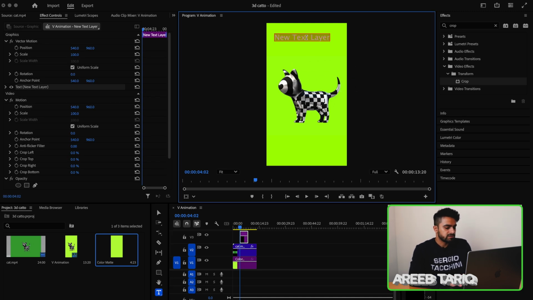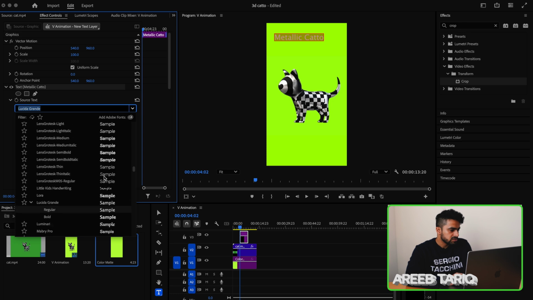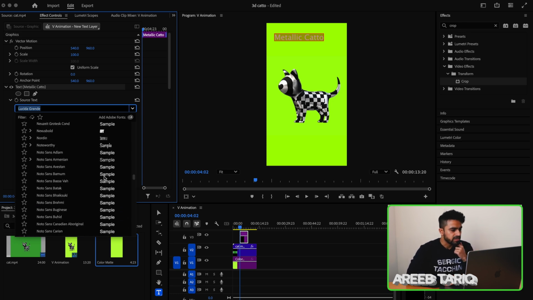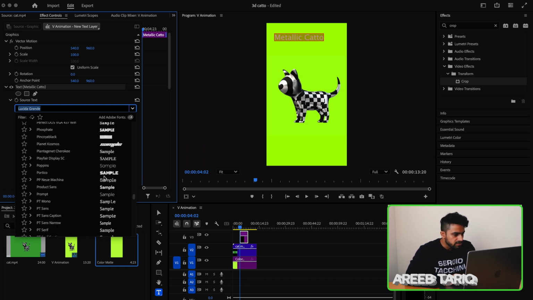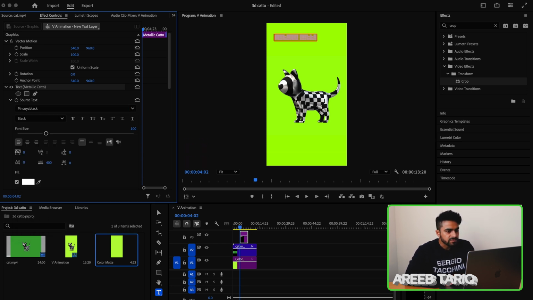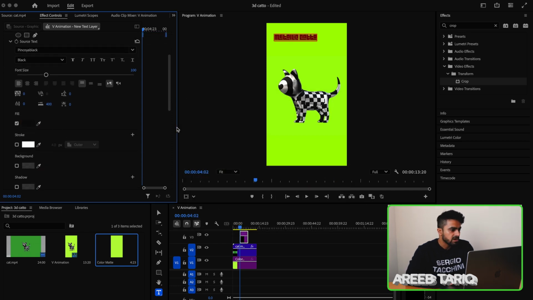Let's say we write here, italic Cato. Okay, and let's make the font, I think something vertical would look nice. A font which is pretty condensed. Just to give a nice feel to it. I think this looks interesting. We can make the color of this, let's say dark gray, and we can make it,